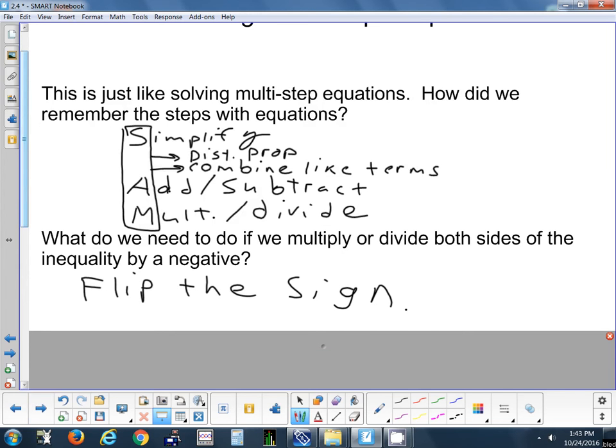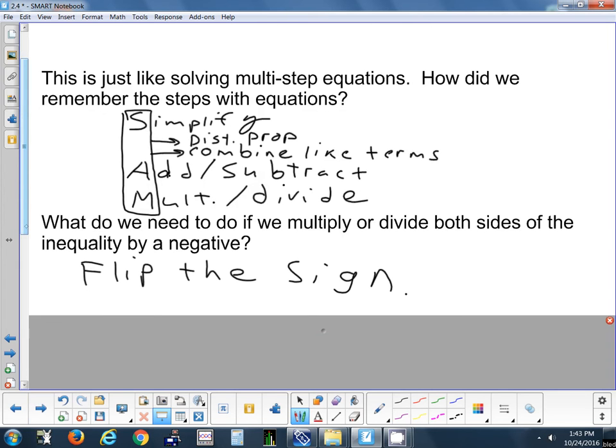Okay, so on your notes, under where it says, what do we need to do if we multiply or divide both sides by a negative? Just write in flip the sign. When else do we have to flip the sign? We don't have to, but we do this sometimes because we want it in a certain way. I can't really tell you too much more. Kyle? When the variable comes first. Actually, when the variable comes first, that's what we want. The other number comes first. Right, when we get something like this,